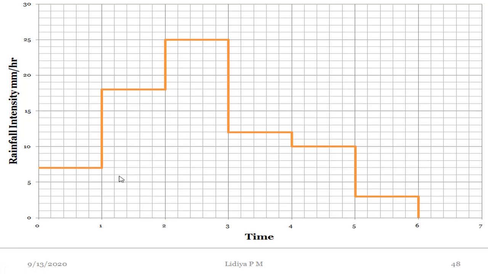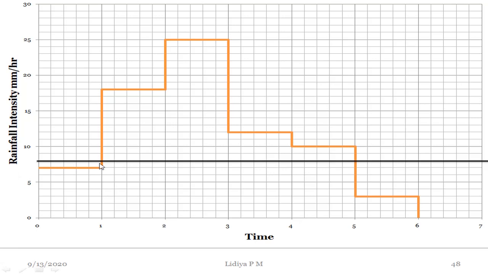Then we have to find the phi index in such a way that if you consider the phi index value somewhere here, say we are going to consider this as the phi index value, then if you deduct the phi index value from the hydrograph, you should get the runoff. For example, I am assuming it as 8 mm per hour. I don't know the value, but I am simply assuming it as 8 mm per hour.